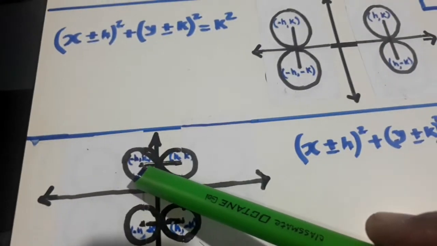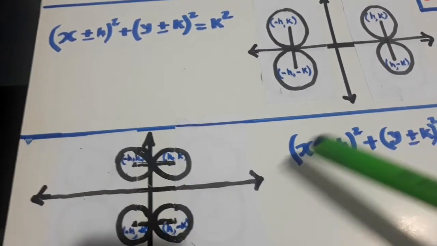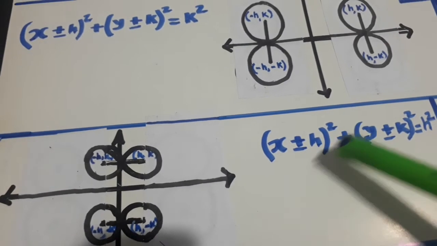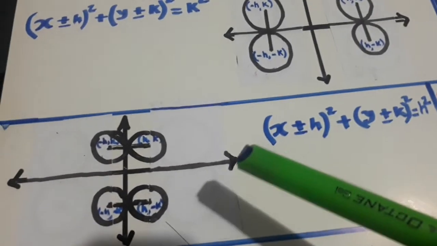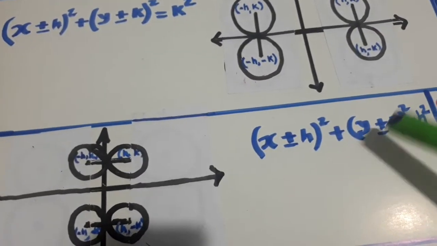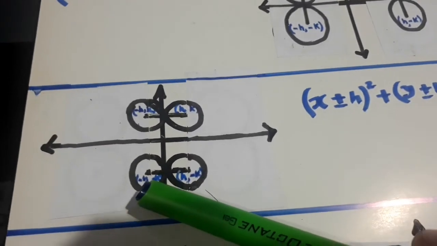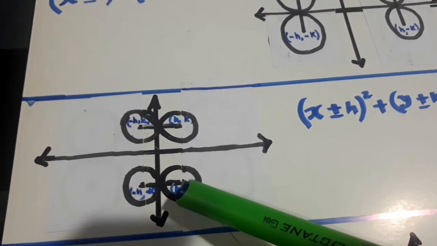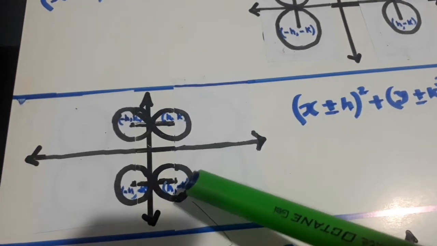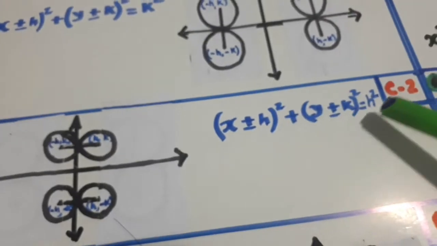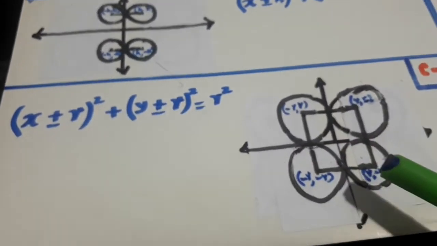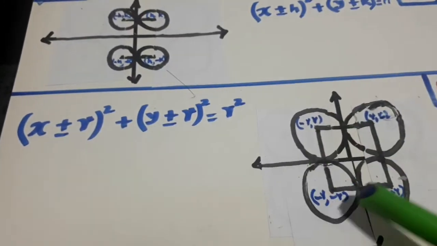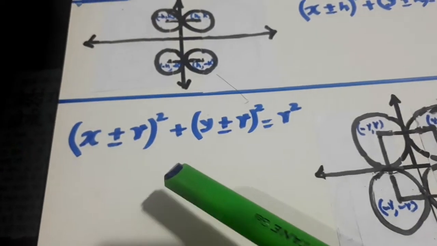In this case, the h component will become plus, rest same, minus. Similarly, in this case, both will be plus. In this case, the h component will become minus and the k component will become plus. So these 4 cases will arise. Now, again here, there are 4 circles. Again, same.